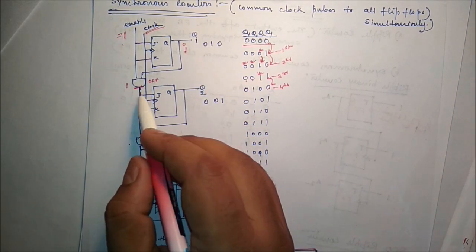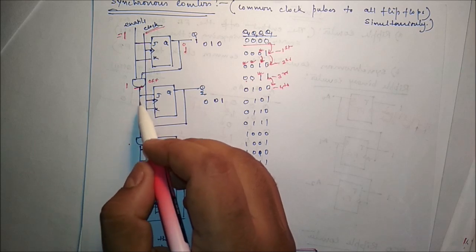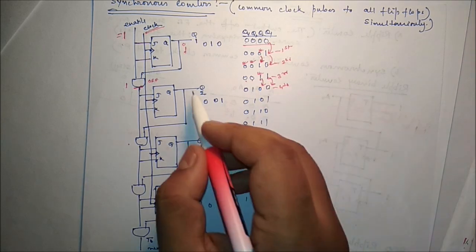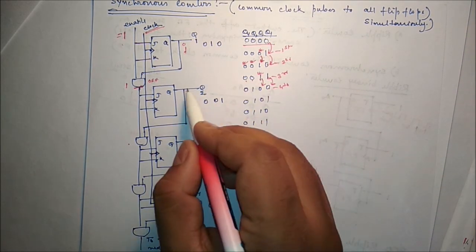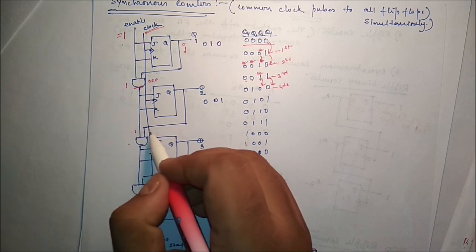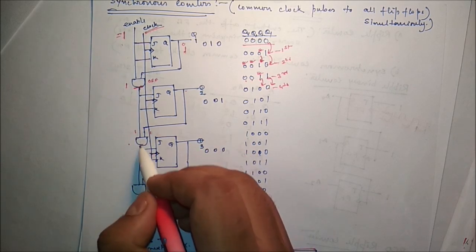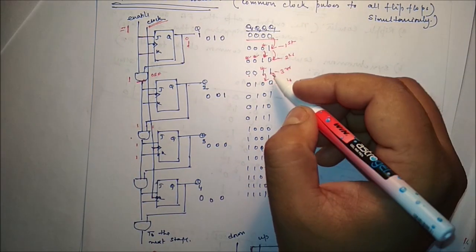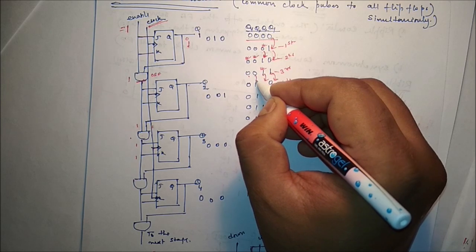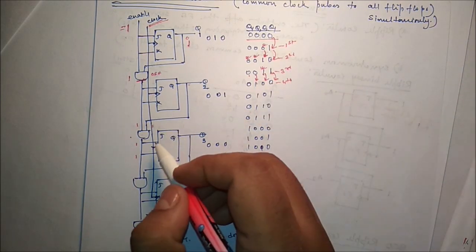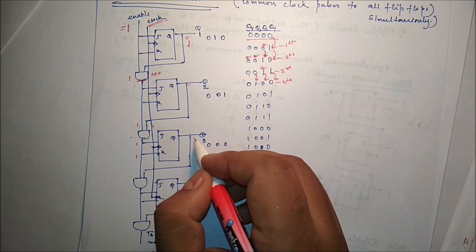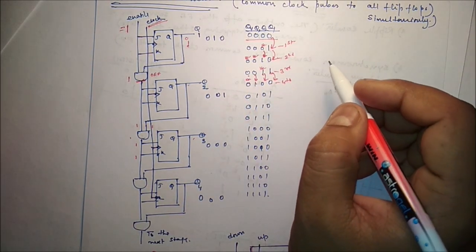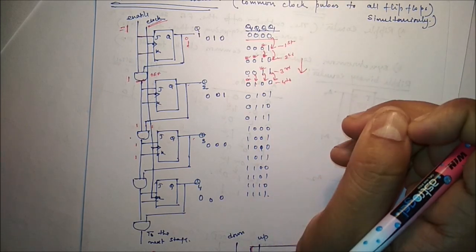If it is on condition, both are 1 1. Now both being 1 1 means it will change the content of this 1 and 0. Since it is 1, both are 1 1, it's on condition. We apply the same 1 1 here. That means now change the content of 0, now it is 0 to 1. And previously it was 0, so it is off condition, so keep this particular value as it is. So this is the working principle of the synchronous counter.